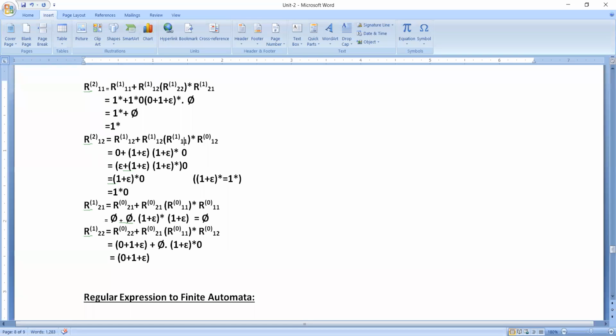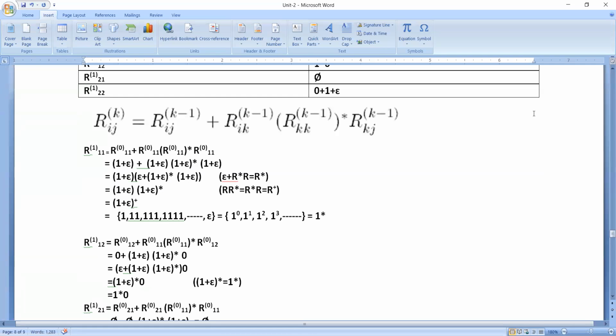It will be 2 2. So the answer for this will be 2 2, and then kj, in the sense 2 2 power 1. It will be 2 2 power 1. Okay. Now we need to simplify this. What is R power 1 of 1 2? I think we already did this.